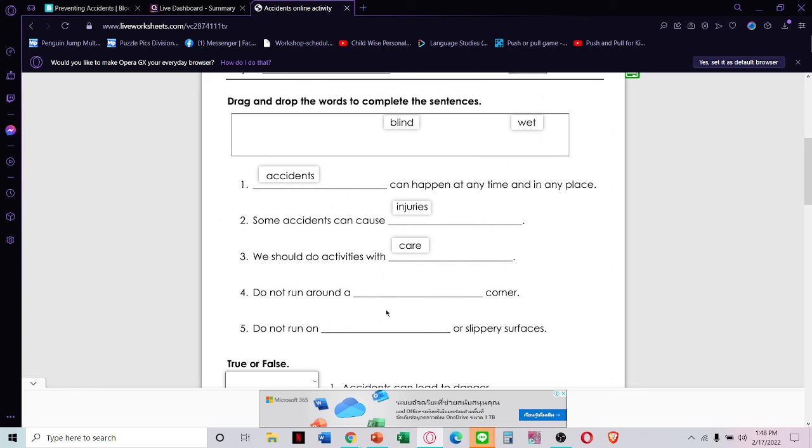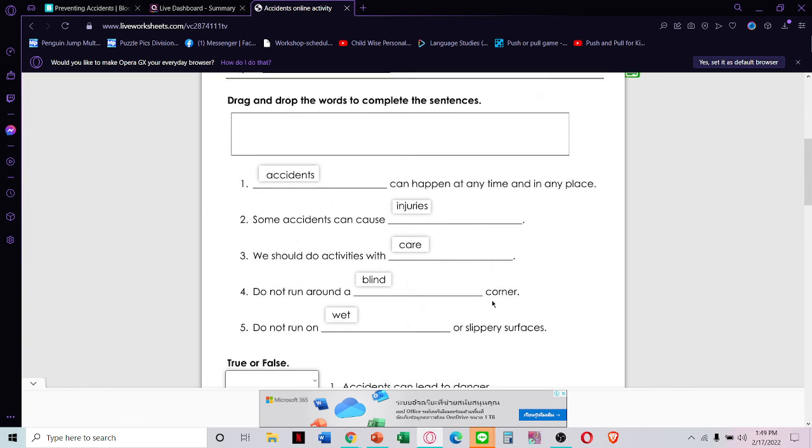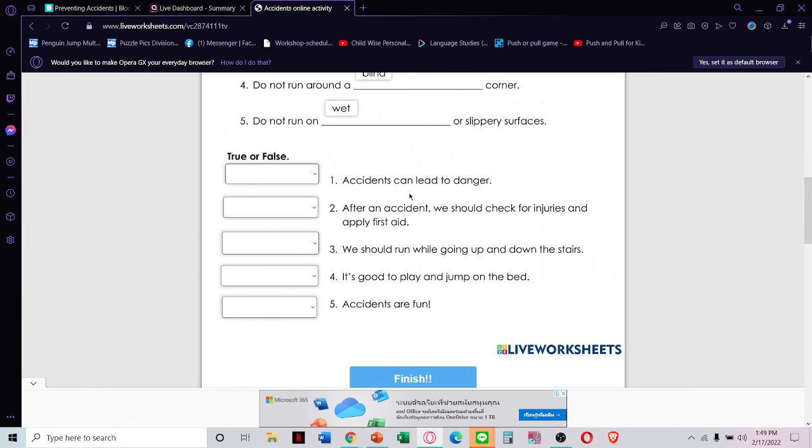Do not run around a blind corner. Do not run on wet or slippery surfaces. True or false? Accidents can lead to danger. True. After an accident, we should check for injuries and apply first aid. True. We should run while going up and down the stairs. False. It's good to play and jump on the bed. False. Accidents are fun. False.